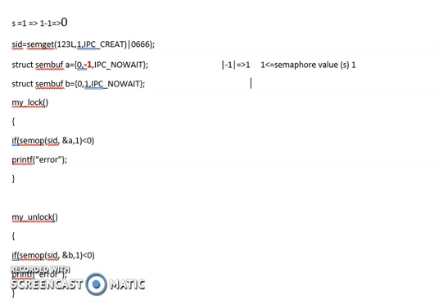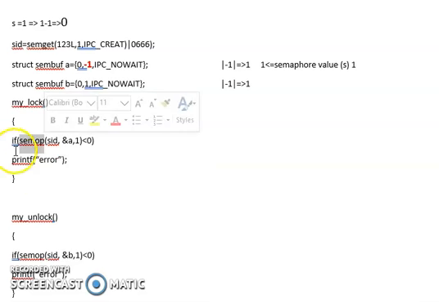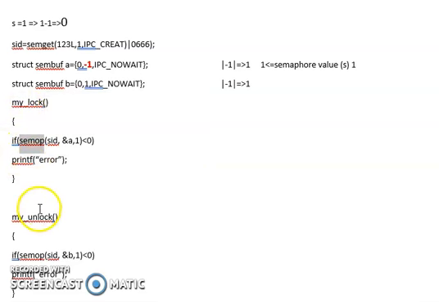So I rewrite it again, the second step. So I find the absolute value of -1 to be, sorry, 1 for me. Right. Now here, this 1 is compared against the semaphore value which is 0. So what is the condition? The semaphore value must be either greater than or equal to the absolute value of SimOP. Now, semaphore value is 0. 0 greater than or equal to 1, condition fails. So as the condition fails, the process is blocked in SimOP system call. The P2 process is blocked and is not allowed to go further.